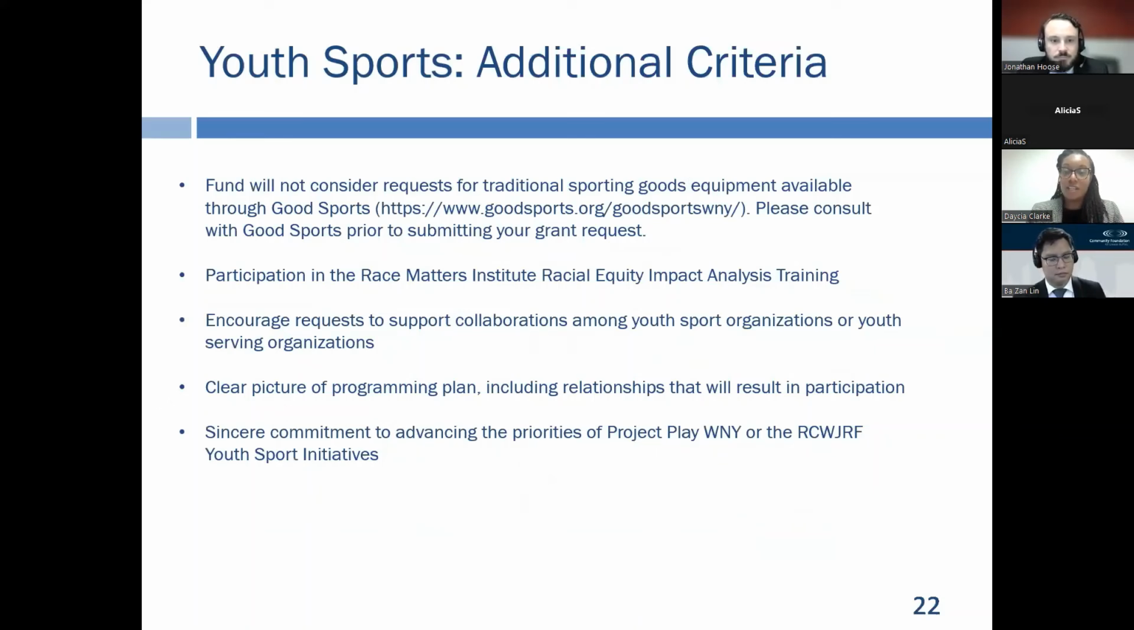Lastly, some additional criteria. Funds will not be considered, we will not consider requests for traditional sporting good equipment that can possibly be available through Good Sports. So we encourage all to reach out to Good Sports and learn more about their offerings for our region. Now, if there are non-traditional sporting good requirements, we are more than welcome to include that in your grant request, but we ask that you do take the time to connect with Good Sports and learn about what their offerings